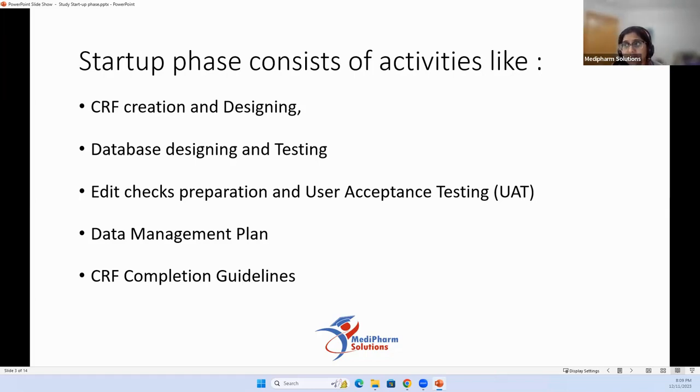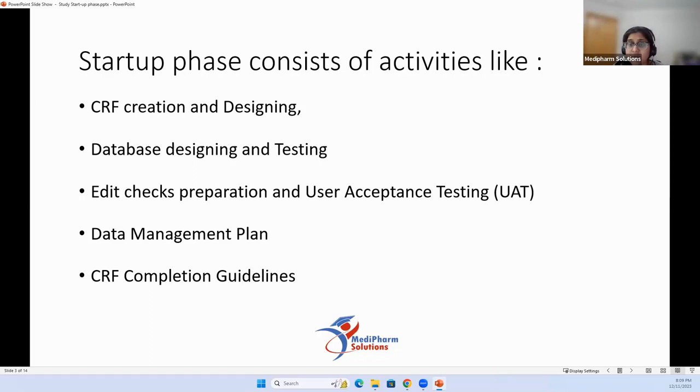So that creation of the book cover is your CRF. Okay, because this is the place where everything will come and sit. Database designing is those pages on which I'm going to write, or on which my content will be written. That is my database. Okay, so database designing is part of CDM activities,